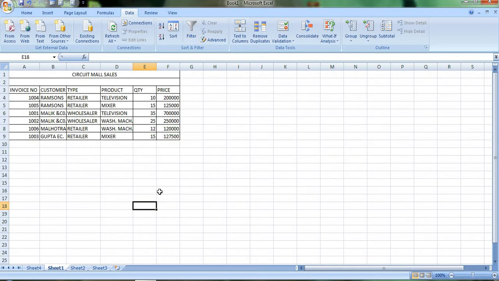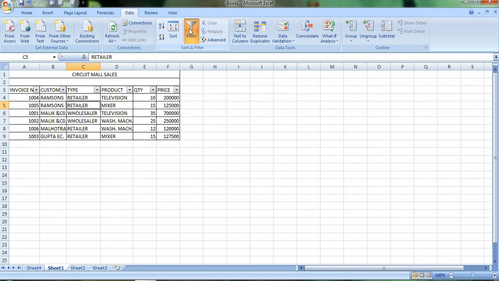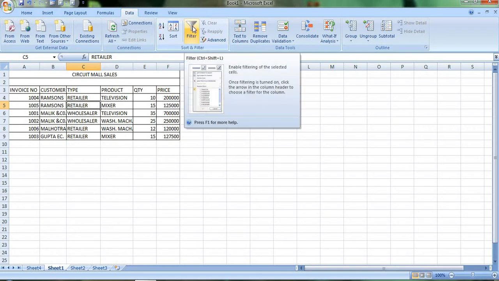Why does it give me the beep sound? Because I have selected a cell here. I have to select from there only. When I have to make any changes, or add any entries, I first have to select a cell from the data only. Then if I have to add filters, I'll press here. If I have to remove filters, I'll click here. From clicking this filter option, I can add filters and I can remove filters.